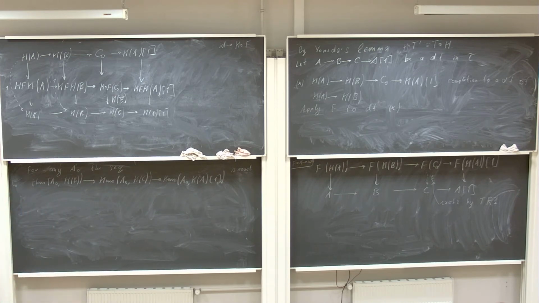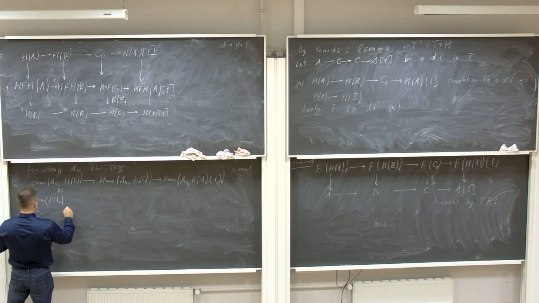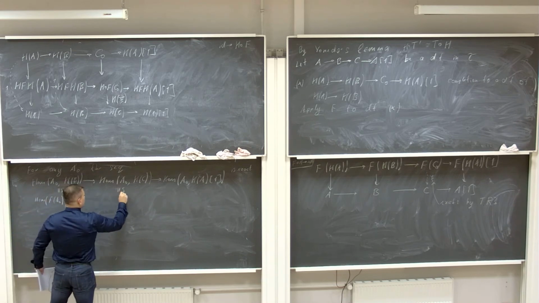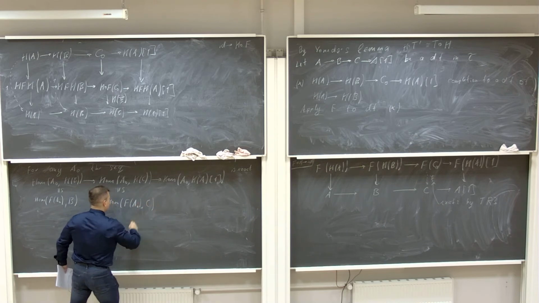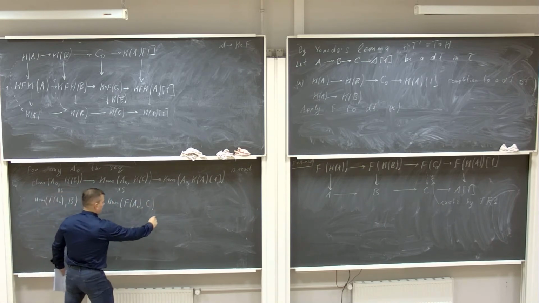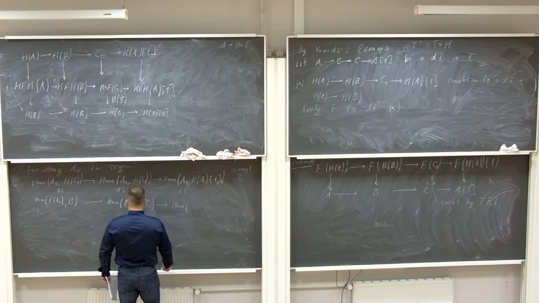So how can I show that this sequence is exact? It's not clear that, as it's written, this is exact, but if I use just the adjunction and write that this is Hom of F of A0, applied to the second term, it's the Hom of the F of A0, and I see that this sequence is isomorphic to another sequence, which is exact because we have a